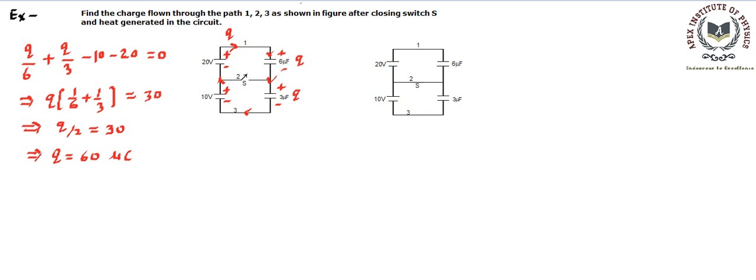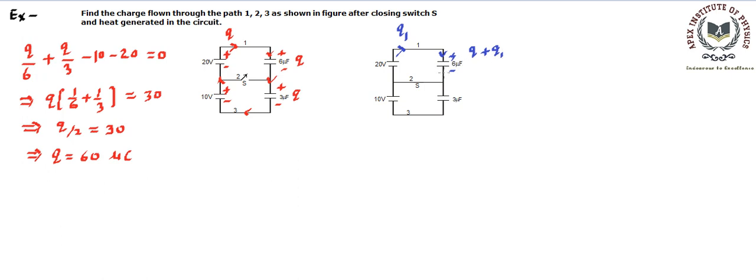Fine. So that's the charge. Now let's talk about the second configuration when the switch is closed. Now the charge will be flowing through path 1, path 2 and path 3. So let's say from this path Q1 charge has gone in, and this Q1 charge will be coming over here. Now this capacitor was initially charged, it had a charge Q. So this will remain the plus plate and this will remain the minus. However, the charge now will become Q plus Q1, because Q1 charge has come in and Q was initially there.